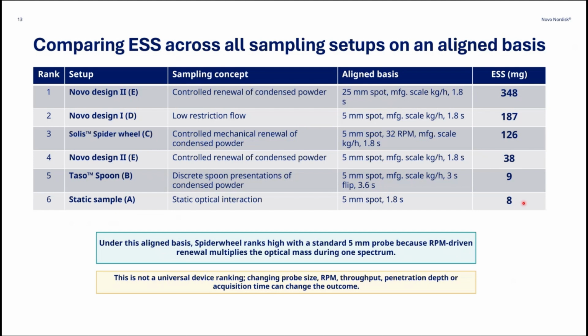And we have models for all of this, so we can put in different factors for manufacturing scale and acquisition times, different probes and penetration depth. I would say we make one real experiment with static samples where we take different amounts of static samples and put them on a probe, and then we find out what is the real penetration depth for a static sample, and we validate our static sample model.